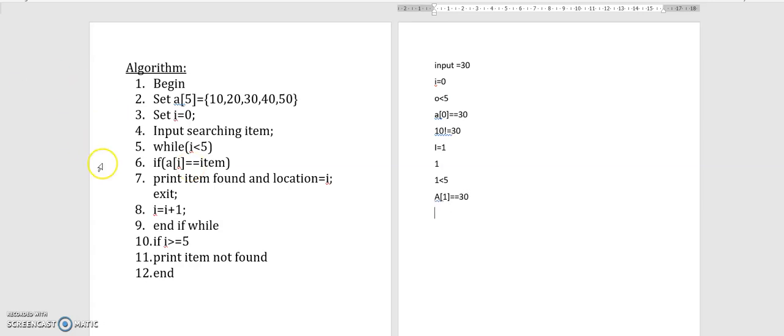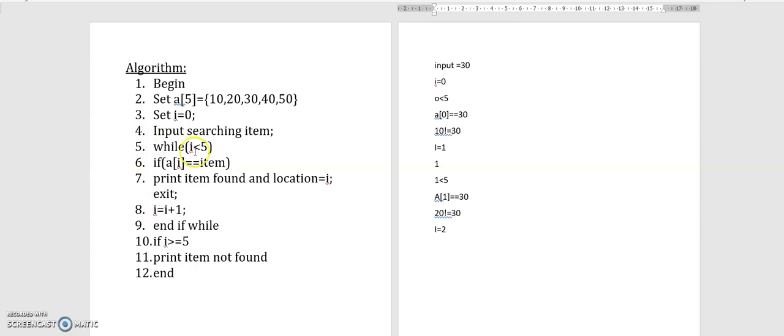A of 1 is 20. 20 is also not equal to 30. So again print element not found, and we need to increment by 1. I is incremented, so I equals 2.